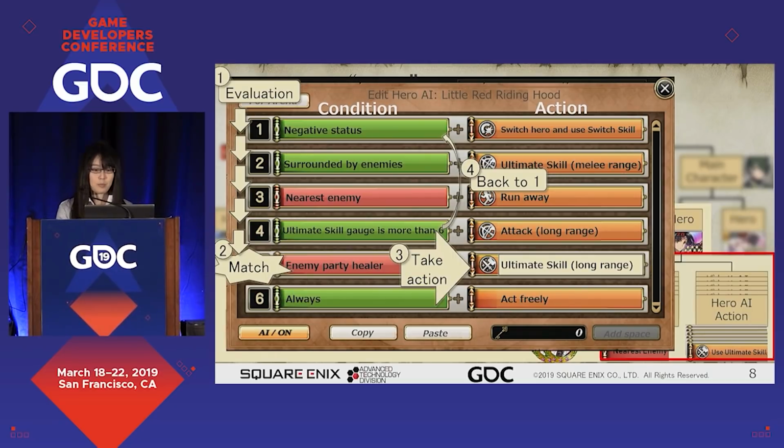Though the system is simple, there are a few dozens of conditions and actions, and their actual behaviors change depending on heroes' properties. As a result, it's difficult to find the best hero AIs for each hero. But it's a high potential feature as it can allow the character to beat stronger characters.